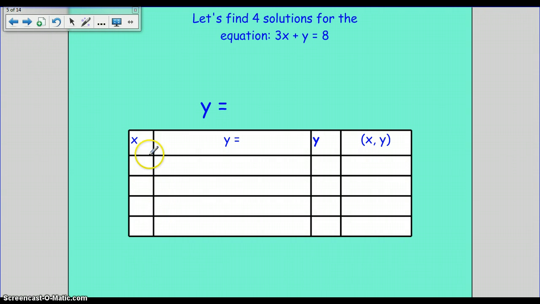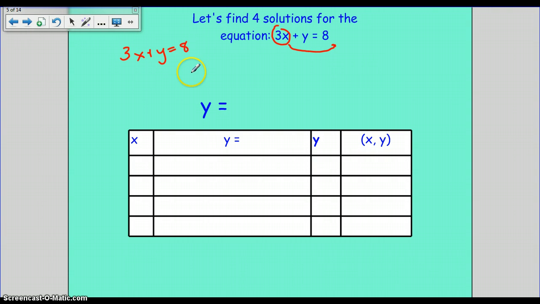Now here's the next one. Now this one's a little different. We have 3x plus y equals 8. Now, it'll make your life a lot easier if you solve for y, meaning get y by itself. So you have to get the x to the other side of the equation. So how can we do that? Well, why don't we do what we've always done